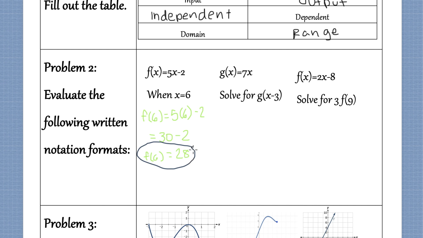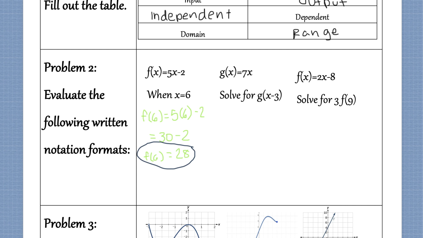Our second one says g of x is equal to 7x. And you can see in this one, it doesn't say f of x, it says g of x. It doesn't really matter because f of x is just the name of the function, and so g of x is also just the name of the function. And so it says g of x is equal to 7x, and it wants us to solve for g of